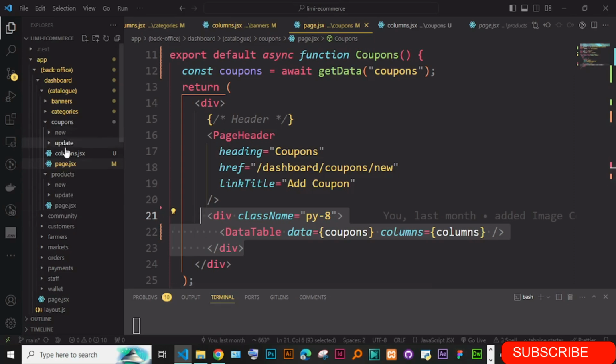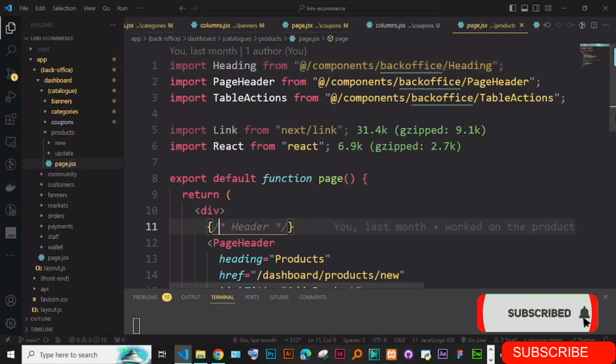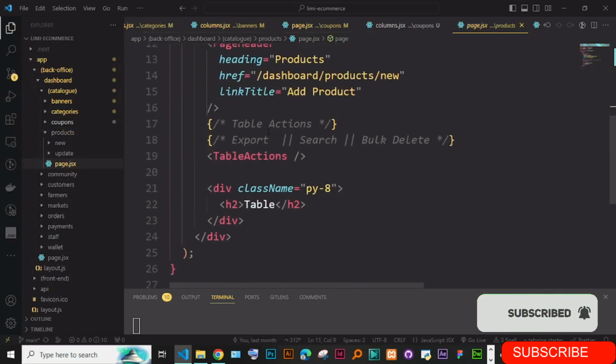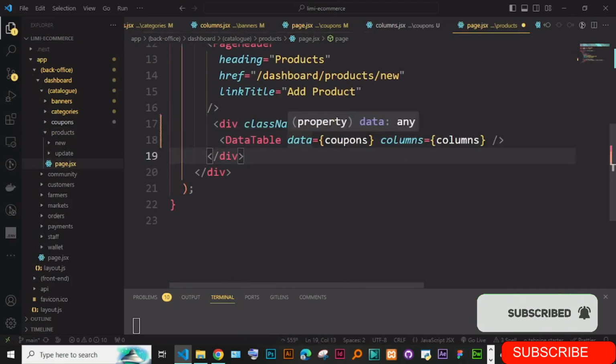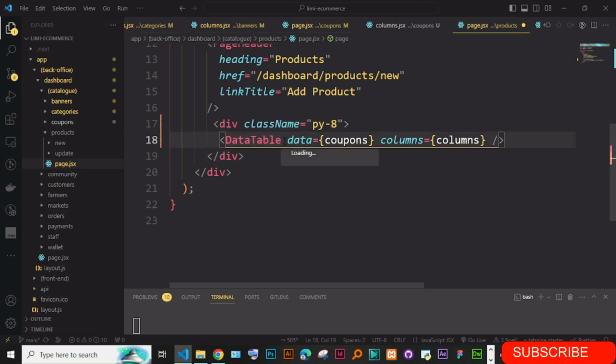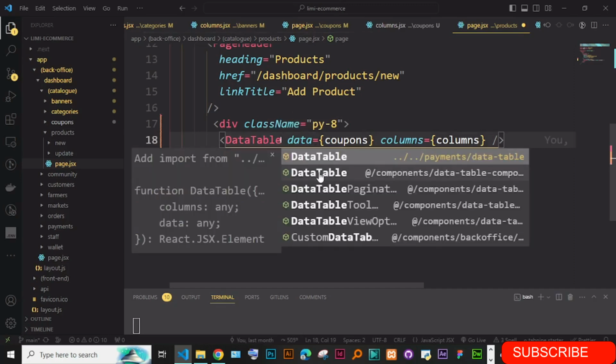Let me see, where do we have the product page? So down here, remove everything and just put this, and simply bring the data table